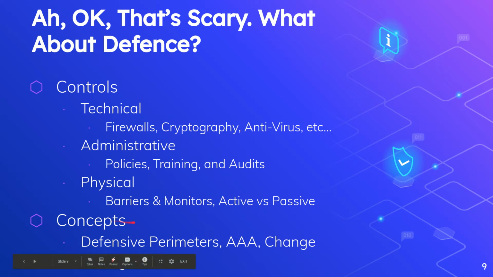All right, so we have some concepts about defense. We have defensive perimeters, right? We're going to try to segregate our traffic. We're going to have the users on one branch of the firewall, servers on another branch. We're going to have two types of server branches off the firewall. We'll have an inside network, which has the crown jewels, right? It's the most secure. We will not allow punching any holes from the outside to the inside. And then we have the DMZ, right? The DMZ is the servers that need to have people talk to them or initiate the conversation from the internet, right? So therefore it's less trusted, right? We're going to have different trust levels. That's what I mean by defensive perimeters.